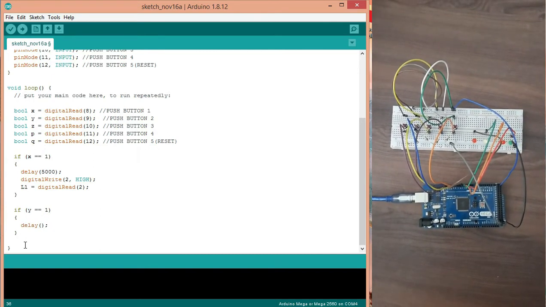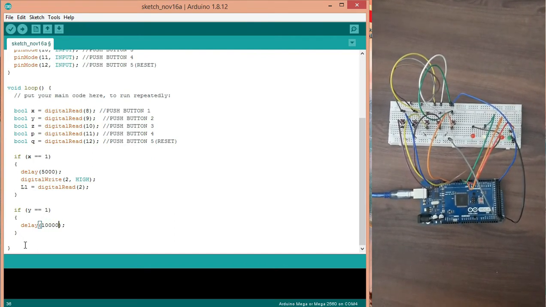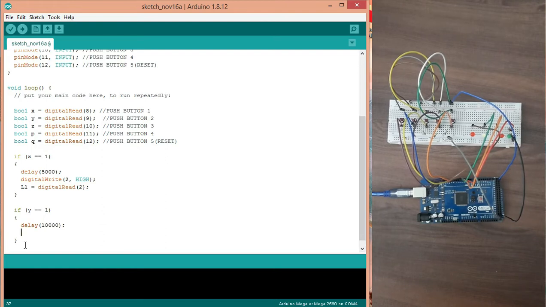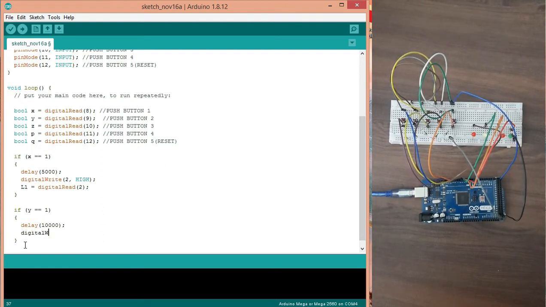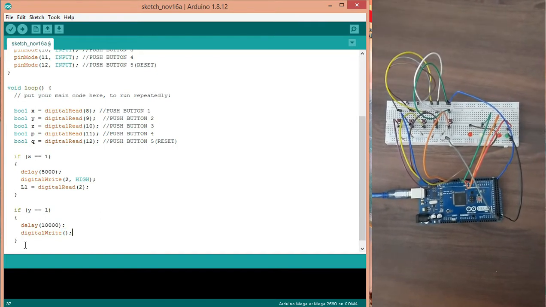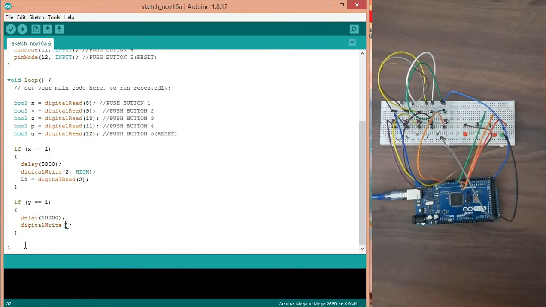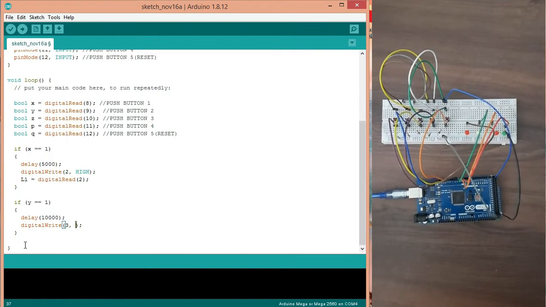We need a delay of 10 seconds, so 10,000 milliseconds. Digital write of pin number 3 will be high.